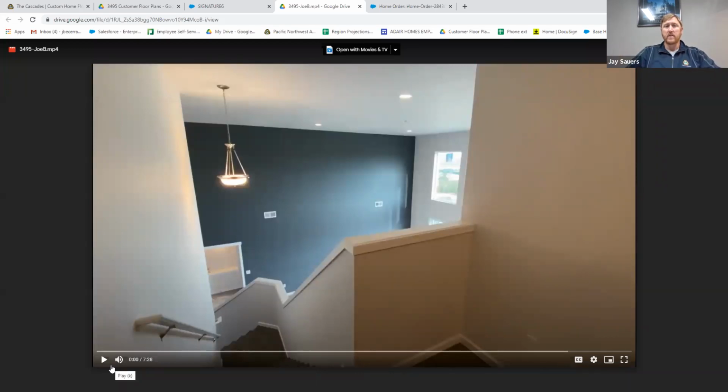But the question is, what if I wanted wider stairs? And yes, here at Adair, we can absolutely accommodate that. We would just have to figure out those details and what that would look like. So again, any customization is super, super easy. And Joe, when you get down into this great room, we have another question